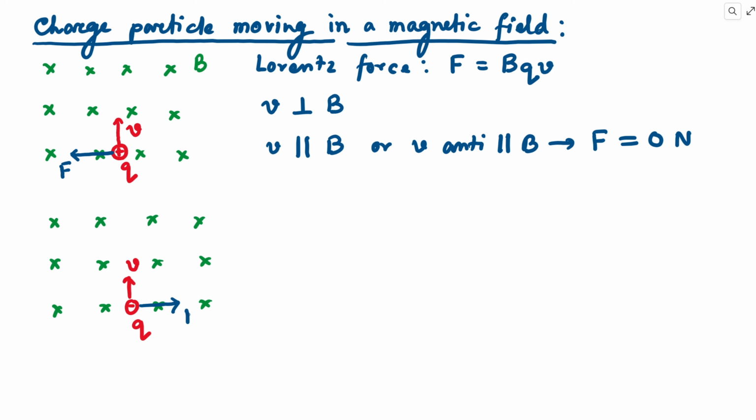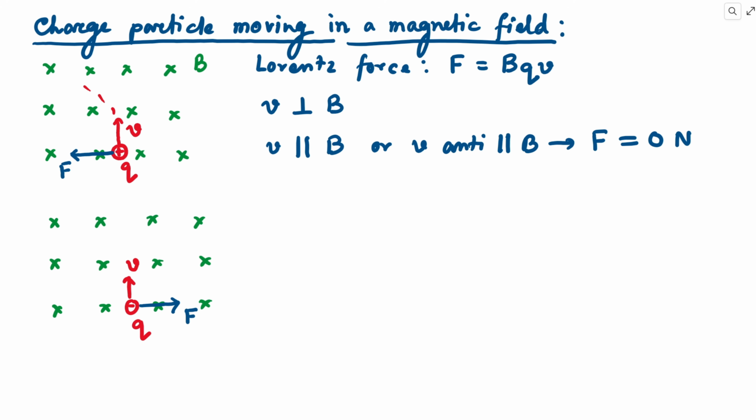But in both cases, you can see the Lorentz force and the velocity are perpendicular to each other. And because of that, the charged particle cannot keep moving straight. What this force will do is change the direction of the velocity. The only thing it can change is the direction of the velocity, because it's perpendicular to the velocity. It cannot change its magnitude. So the charged particle cannot move straight through this magnetic field, and it will start bending